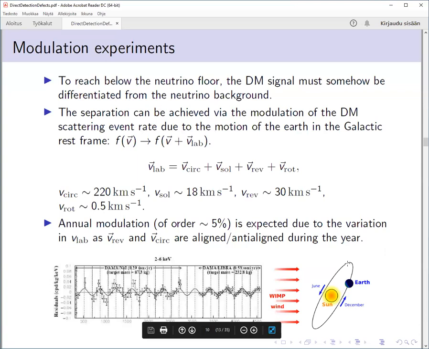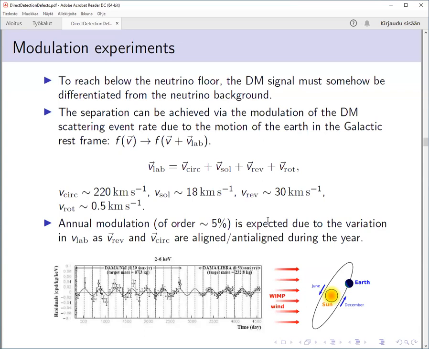Now, this is not exactly so: the plane where Earth revolves around the sun is tilted with respect to the galactic plane. So these don't directly add. You have to add the vectors, and so the variation is not actually 15%, but you expect in the event rate roughly order of 5% modulation between summer and winter